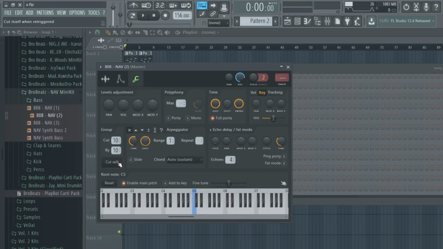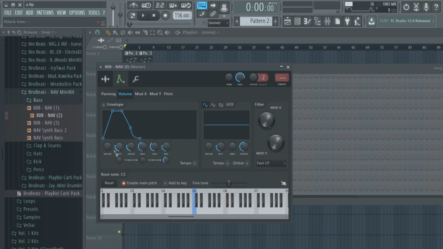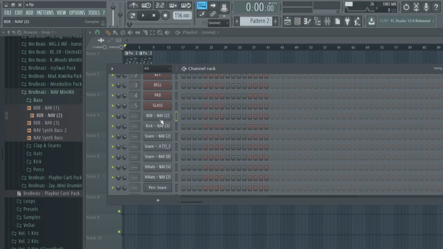So what we're gonna do with the bass, this is important, so you want to pay attention. Click this right here, and then you want to go to envelope and turn everything down. And if you've seen my videos before, you know what I'm about to do. And just turn hold up. And trust me, it's gonna sound good. It's gonna make the bounce in the beat sound really good too. And it's just gonna be a start and stop effect